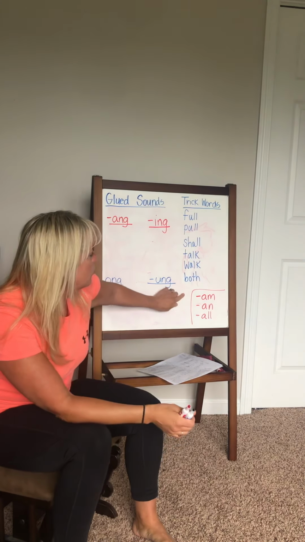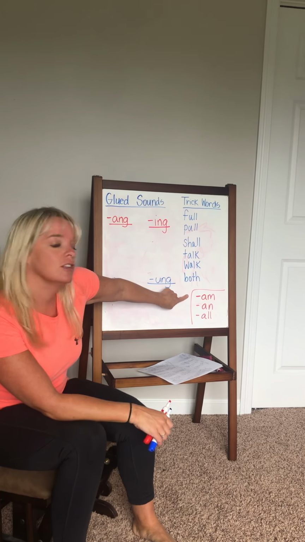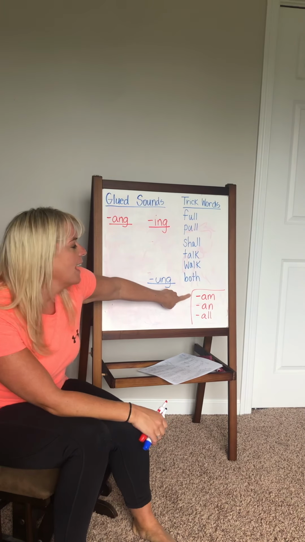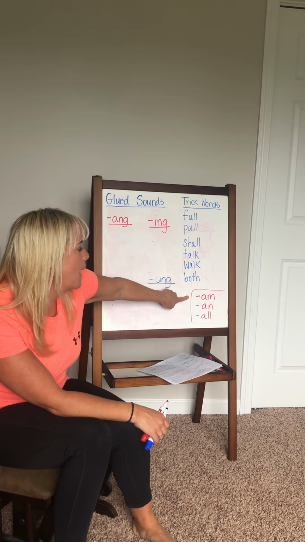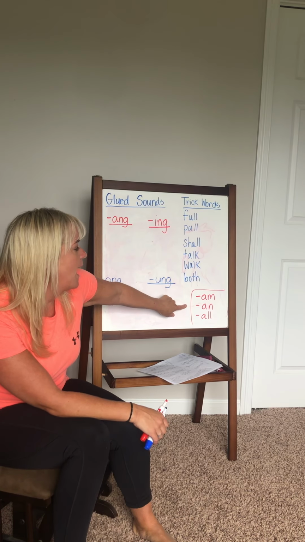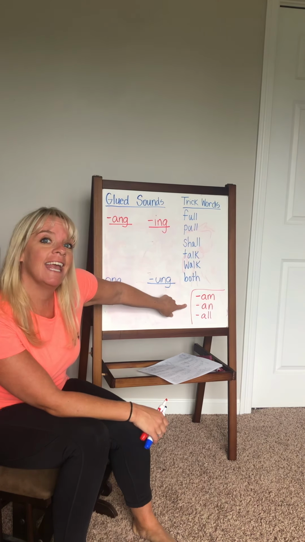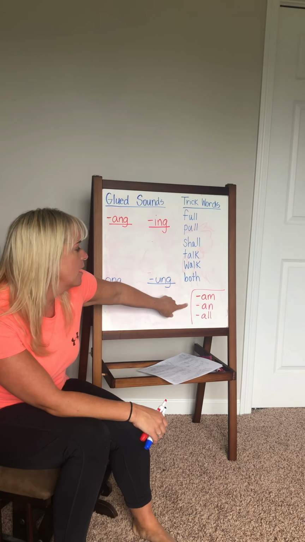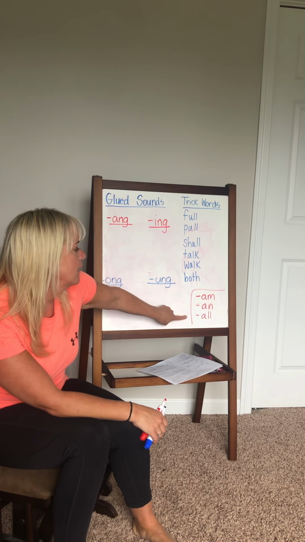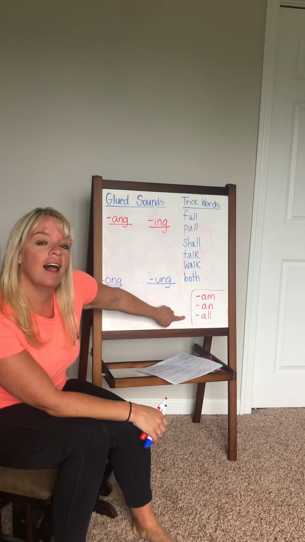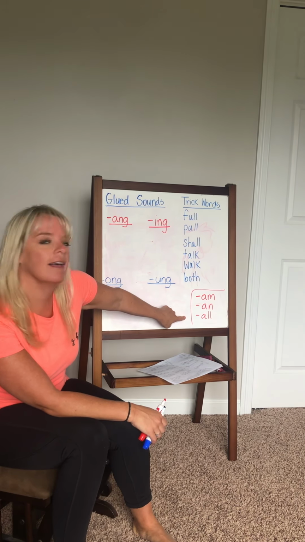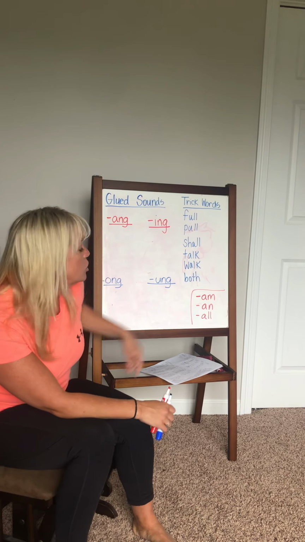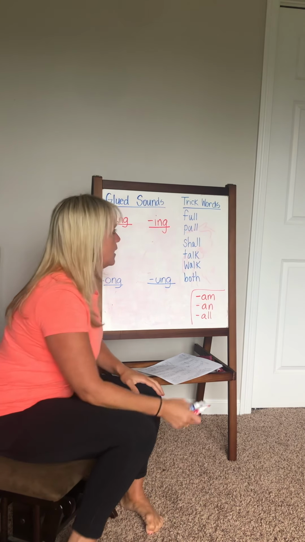Yesterday we talked about 3 glued sounds. So let's practice the drill. A-M, ham, am. Repeat. A-M, ham, am. And repeat after me. A-N, fan, an. A-N, fan, an. And then A-L-L, ball, all. Repeat it. A-L-L, ball, all. So you should have practiced those words yesterday.